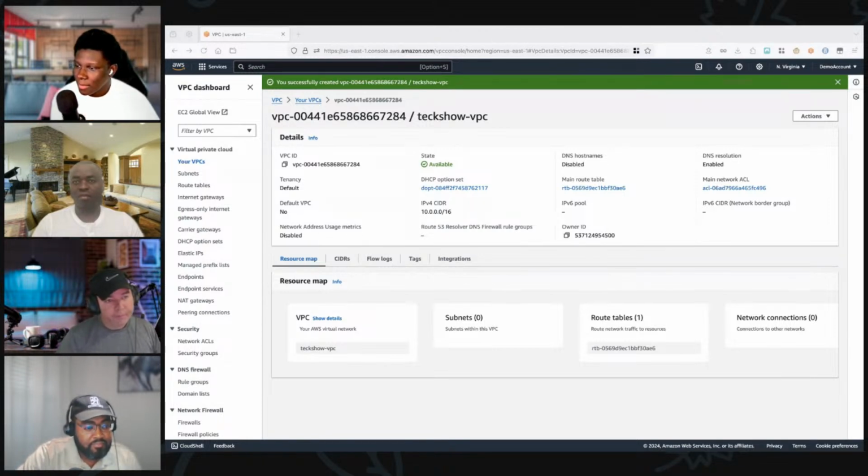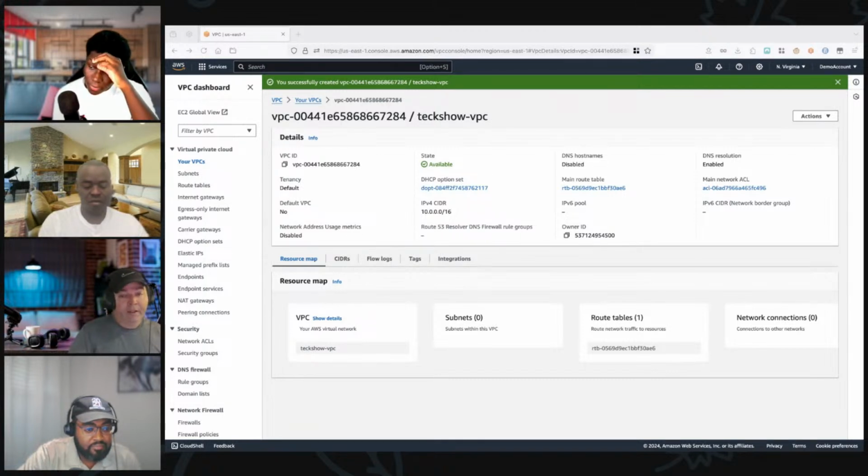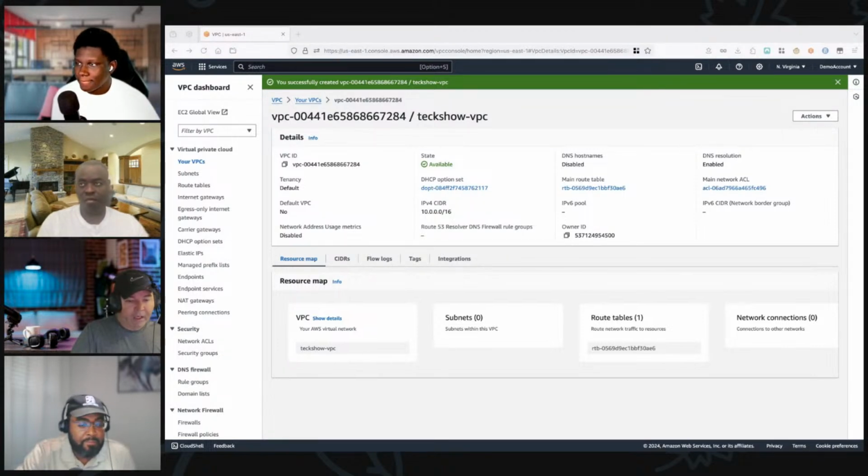So it's smaller. But like you said, Joe, we're running out of IPv4 IPs, so we have to be careful with that. If there's a company that's thinking about starting to utilize IPv6 in the future, I recommend doing this now. Open it, keep it open, and then use it when the time comes. But it will be to start with IPv4 first, right? Now, and as you can see here,